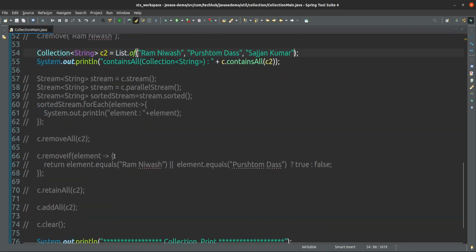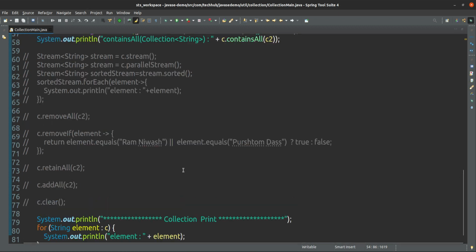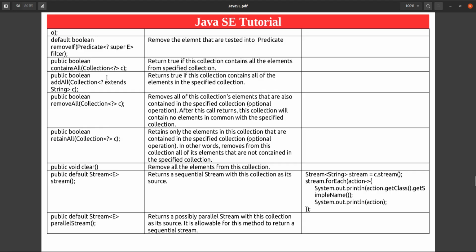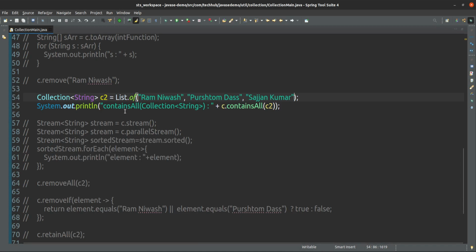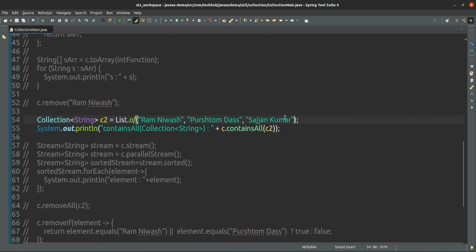Okay, that is fine. Next one is contain all, add all. Yeah, add all means, suppose all the elements of C2 you want to add.